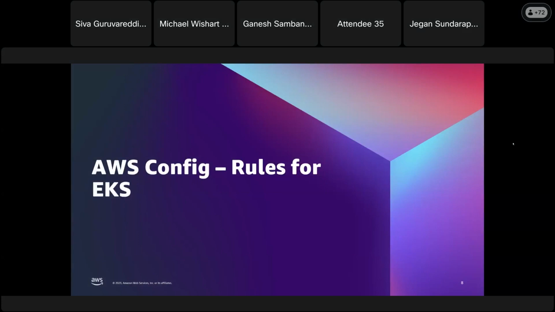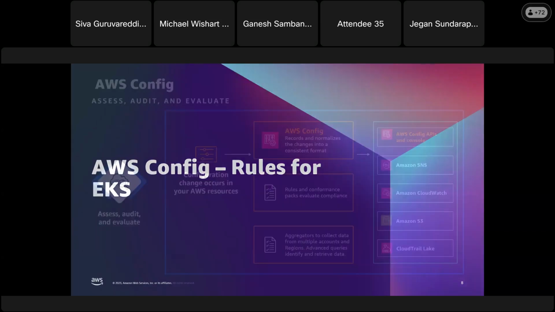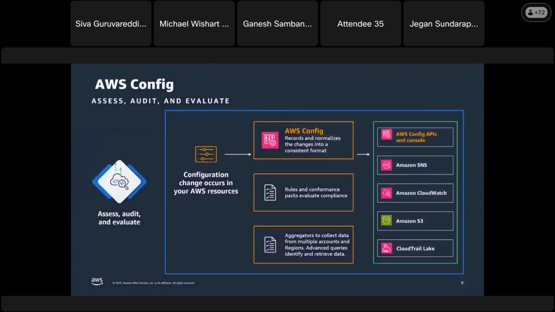First, I'm going to talk about a service called AWS Config. I'm not sure how many of you are familiar with this service, so I'm going to give a quick overview of AWS Config.